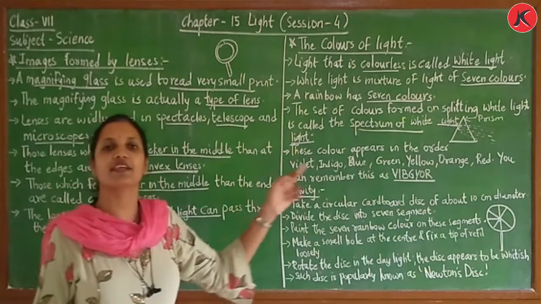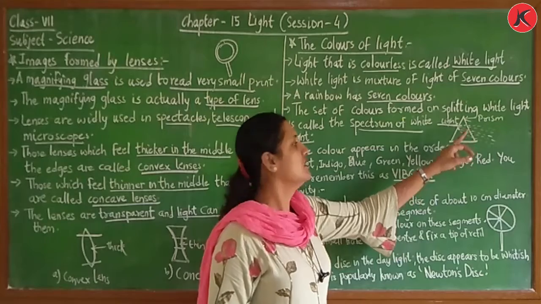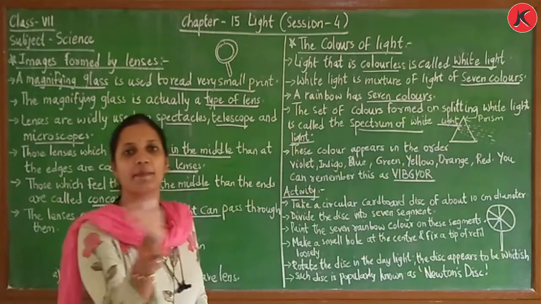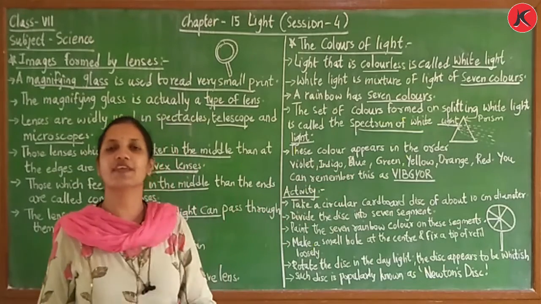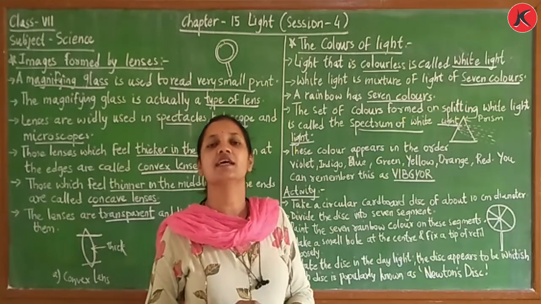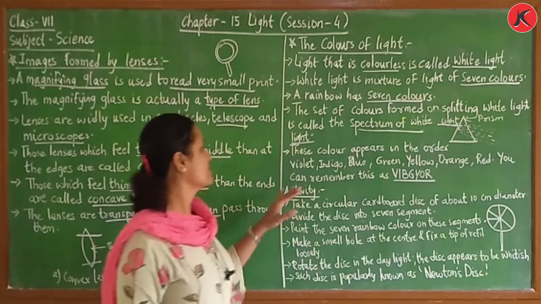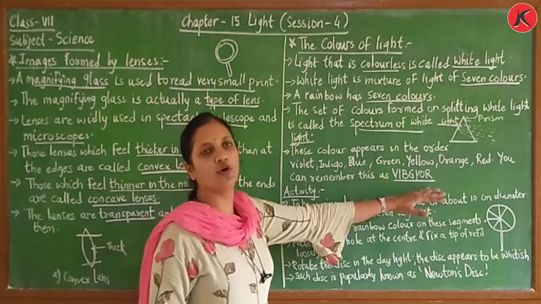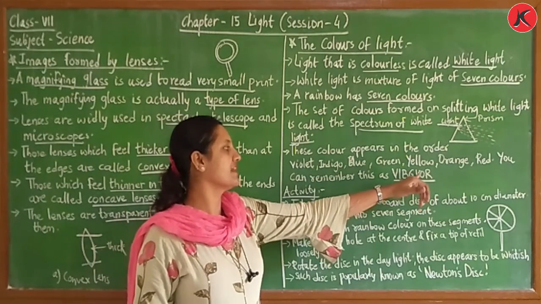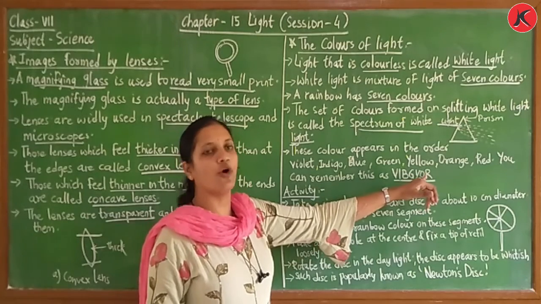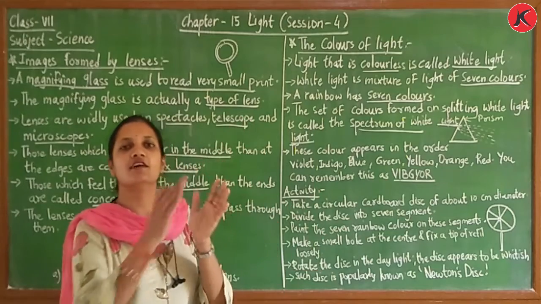Now these are the 7 colors of the rainbow, right? And when the light is spreaded out, the same 7 colors are coming out of the prism. So we can see that 7 colors. So one thing we can mark here, children, is that the white color consists of 7 colors, right? So you can remember it as VIBGYOR. V for violet, I for indigo, B for blue, G for green, Y for yellow, O for orange and R for red. So this is the sequence which the light is formed, right?